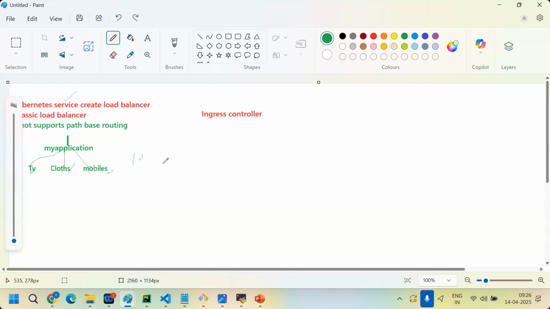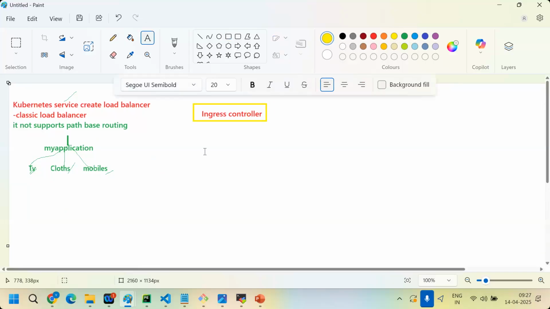So to avoid this process, we are using an ingress controller. Ingress controller is a concept. By using an ingress controller, we can create a load balancer with path-based routing.